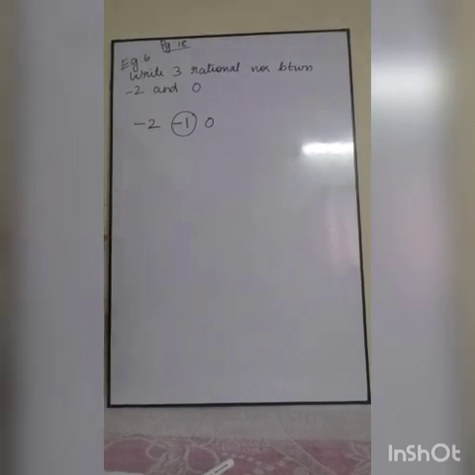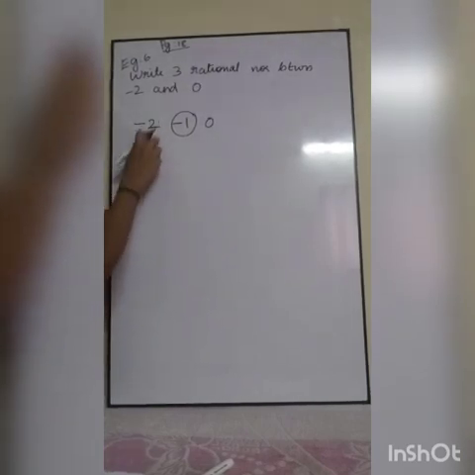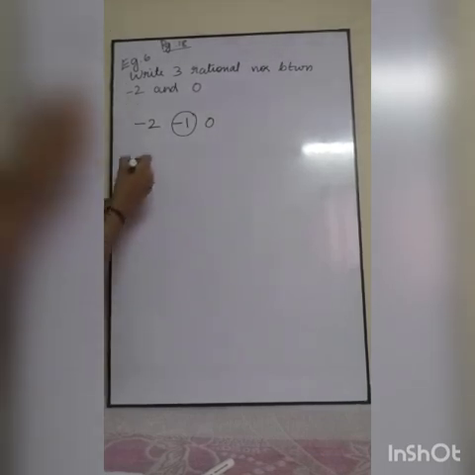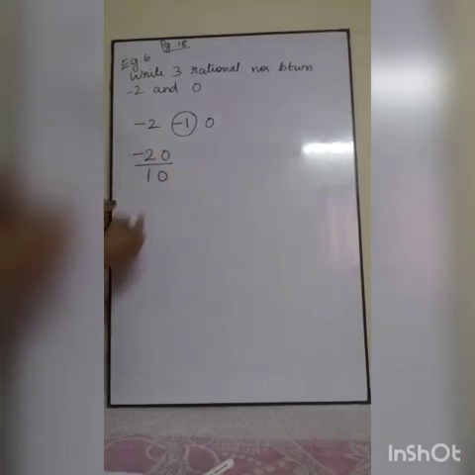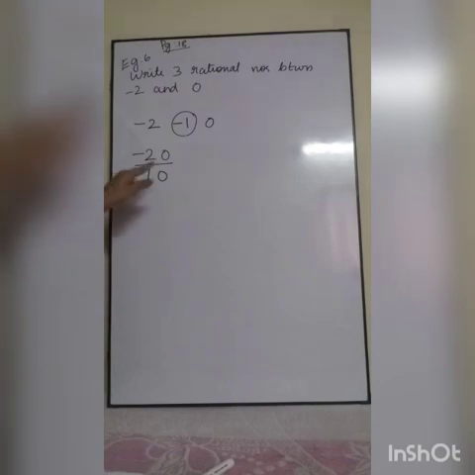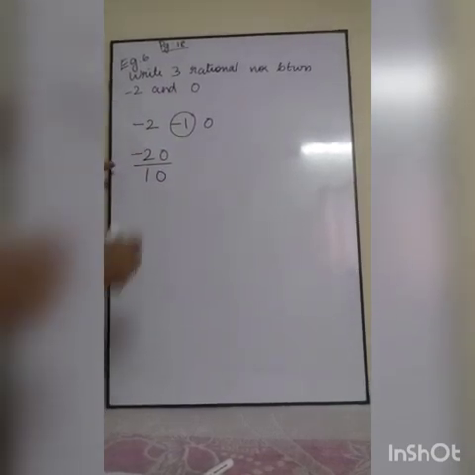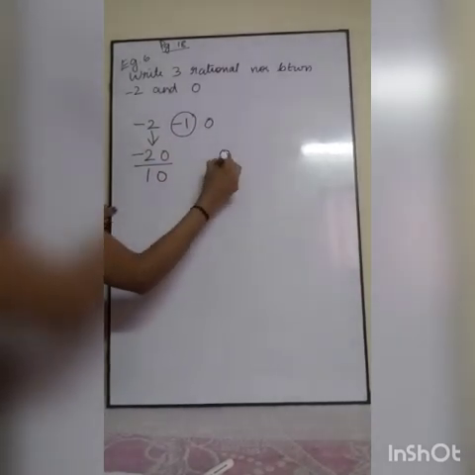So the best idea is, listen, how can you write this minus 2? You can write in some fraction form, the easiest fraction form. So they are writing minus 2 as minus 20 by 10. Can we write it? 0 will cancel, so minus 2 it will become. Correct? So minus 2 will become minus 20 by 10. So 0 will become 0 by 10.